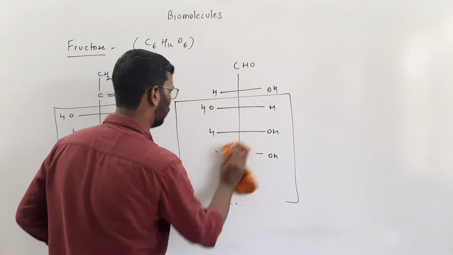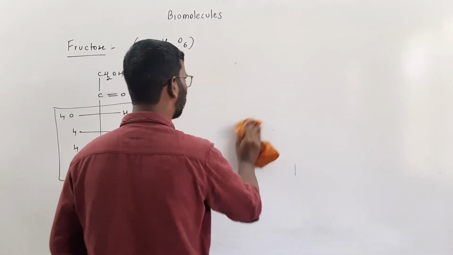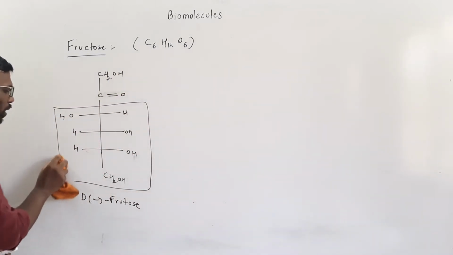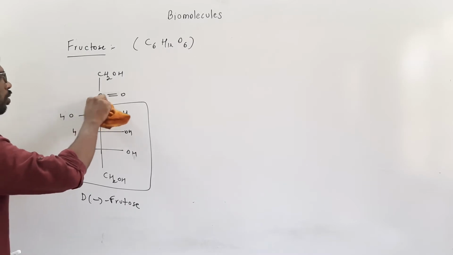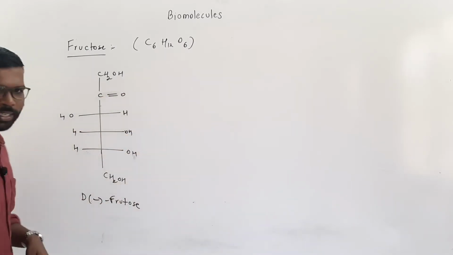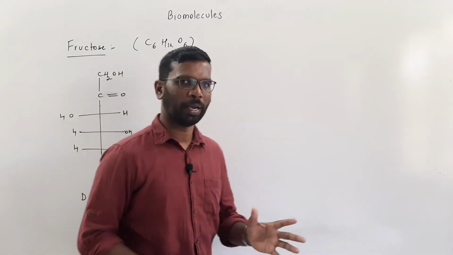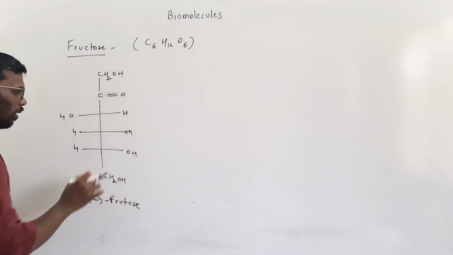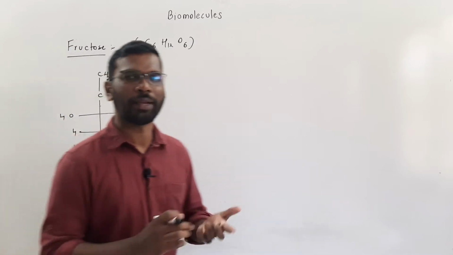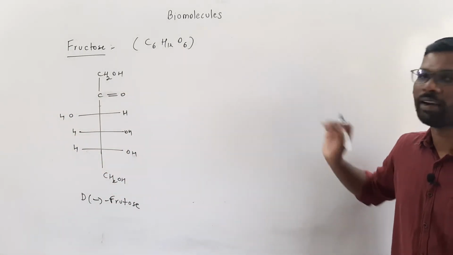So this is about D-glucose. Now you can make a diagram of L-glucose, how L-glucose is going to look. This minus sign or positive sign, you don't have to worry about that. That is something which is experimental. So here, how will you write the capital L form of glucose? You can pause the video for some time and try by yourself.